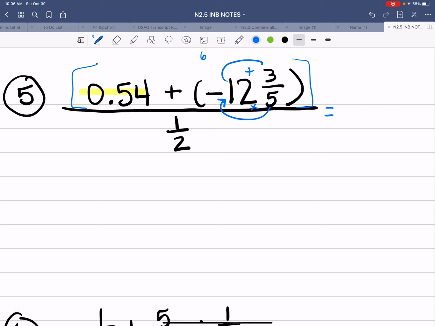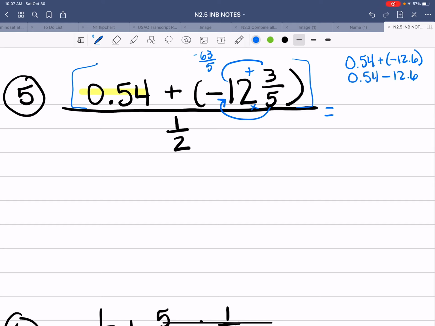Now that 63 over 5, that is a negative number. And 63 divided by 5 is going to get you 12.6. Now, I could do that in my head because I am actually just looking at this, and I know it's going to be 12 point, and then whatever my fraction is, which I know is 0.6. So I know that that number is negative 12.6. So knowing that, now I've got 0.54 plus negative 12.6. I'm also going to look at this plus a negative, and I know that means subtract. So I have 0.54 minus